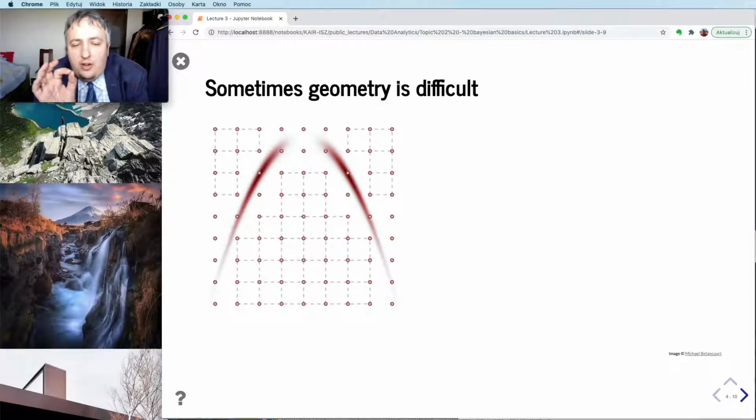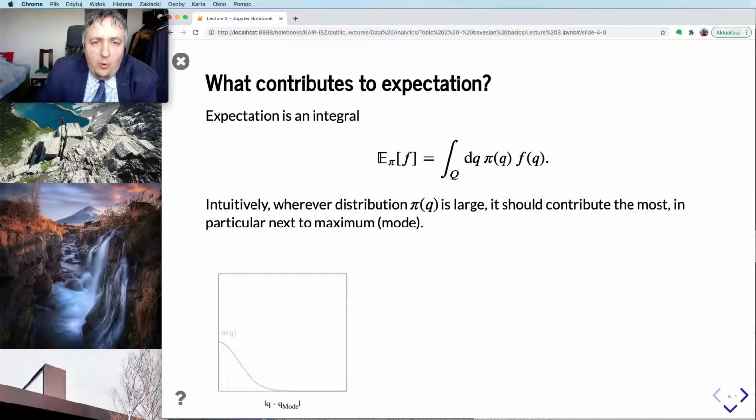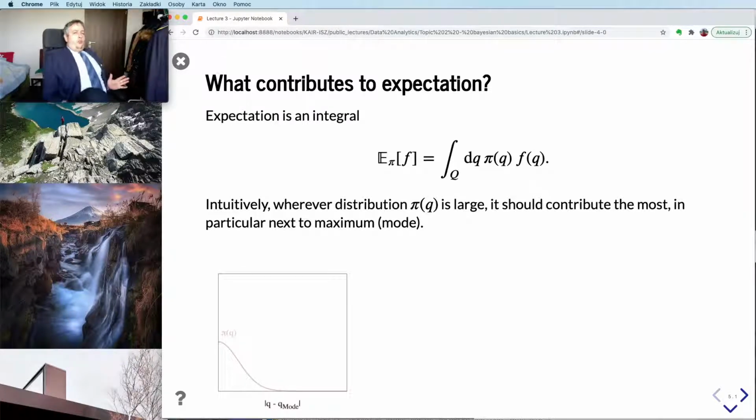So generally, grids are a nice toy that we could use before, but they are not groundbreaking stuff that we will be able to use for the computation, and we will have to look for something else. So the question is generally, what contributes to expectation? And the problem is that here is where our intuition will fail us,